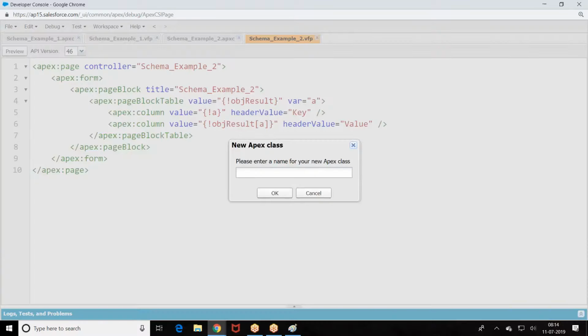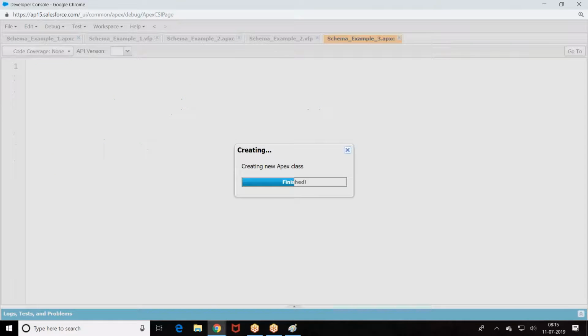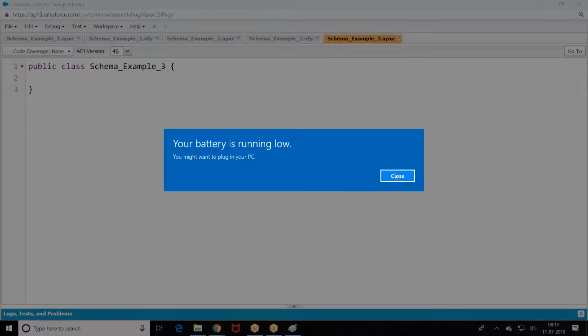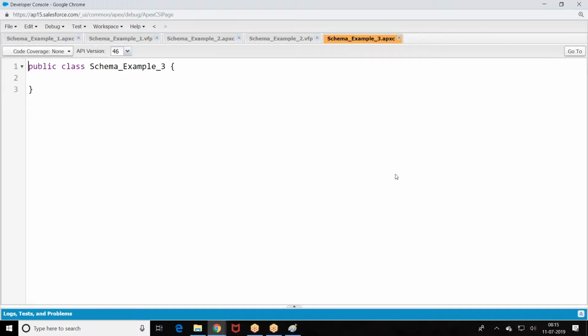So let us take the next example: fetching the list of fields based on the object name. So here we create a map which will store the field name as key, and the field type as well.